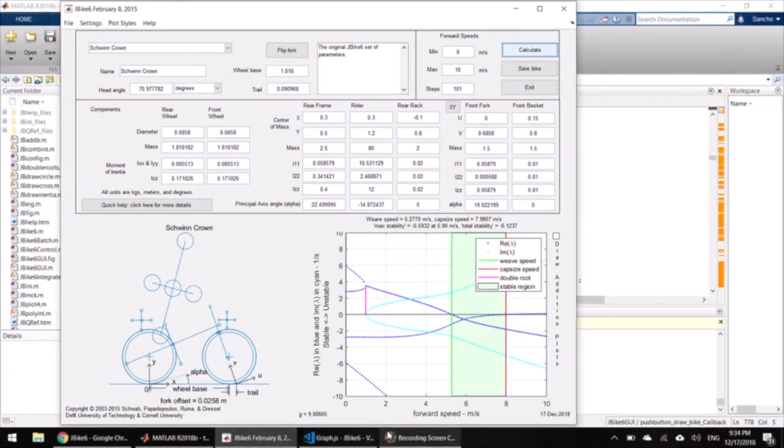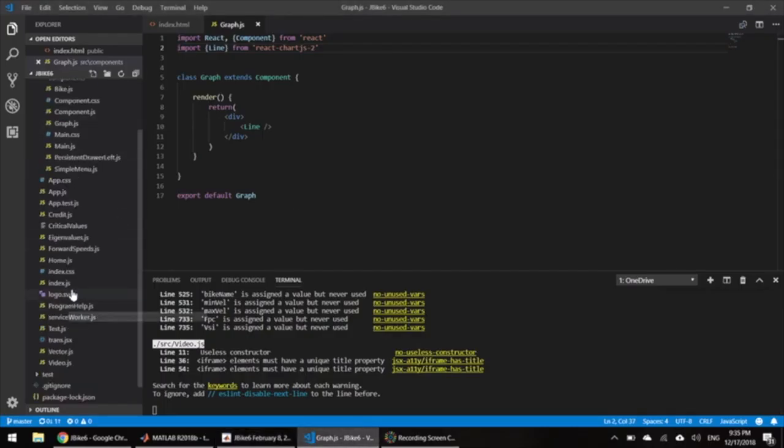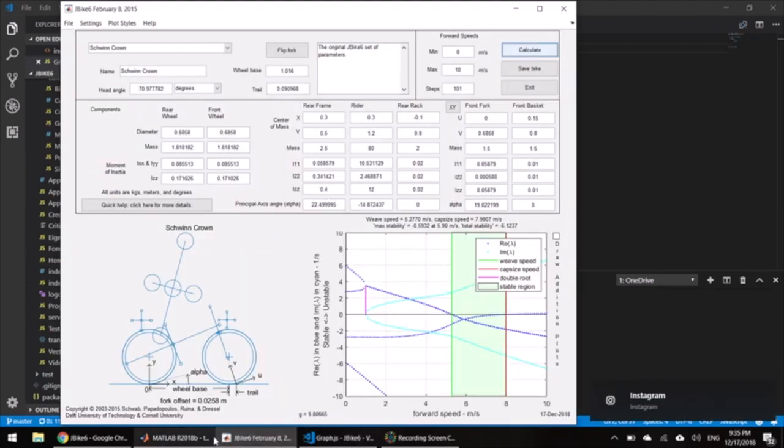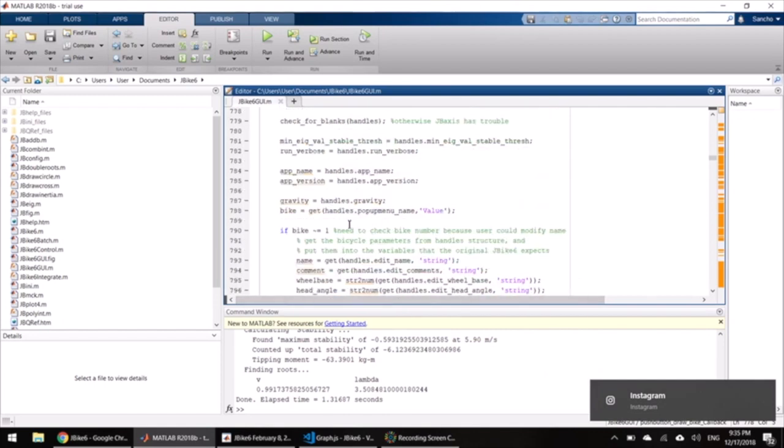The majority of the project was spent working on the calculate function, and as you can see from here in the MATLAB program, this area right here, it calculates the real lambdas, the limit, the weave speed, cap speed, double root, and stable regions of where the four speeds the bike needs to be to remain stable. This was also the hardest part, since the math is very complicated. You can see the calculate function here, the code for it,